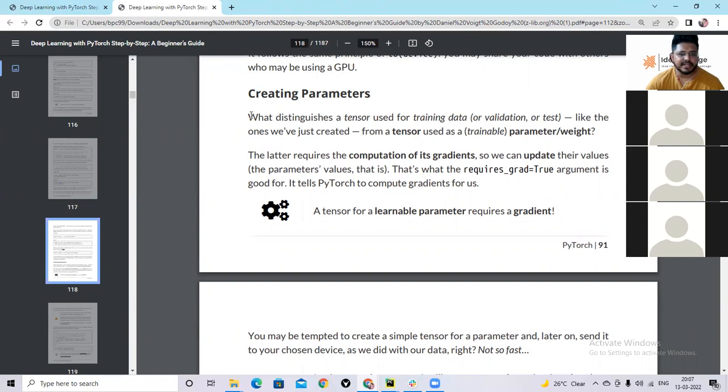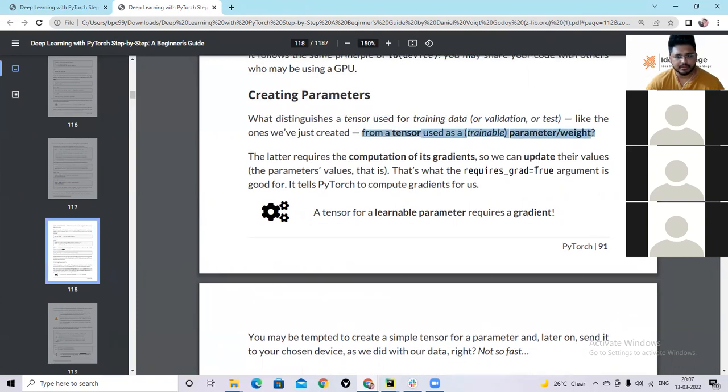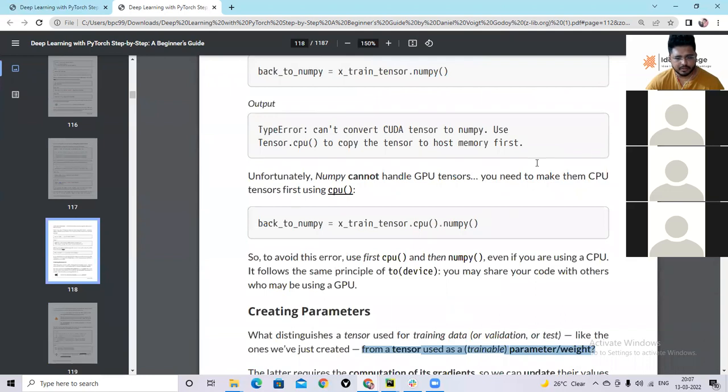What distinguishes a tensor used in training data from a tensor used in trainable weight data? Can you tell me what the difference is between training data and trainable data?